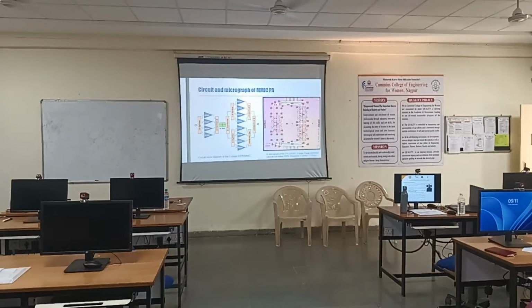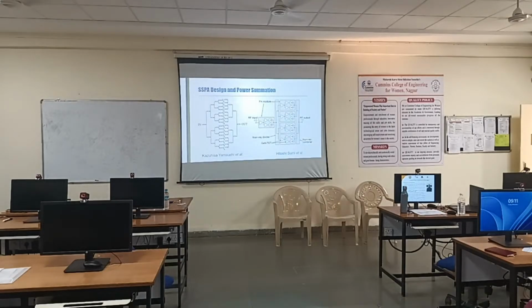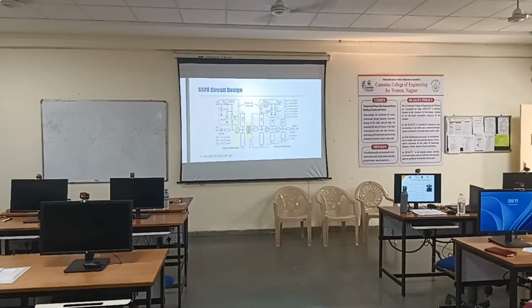Okay. So these are the MMIC PAs. Here also you can see the parallel cascading approach, right? And the actual photograph of the IC will look like this. It can work up to 230 gigahertz. Okay. So everywhere you find that different authors have proposed these topologies. They all have used the parallel cascading approach. Yeah, a little bit of minute details.